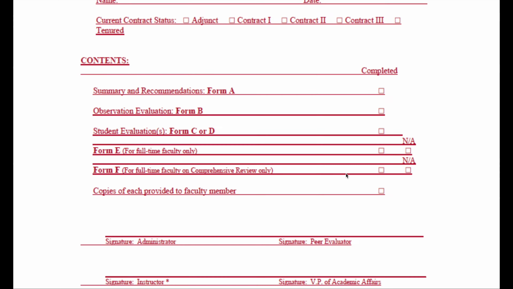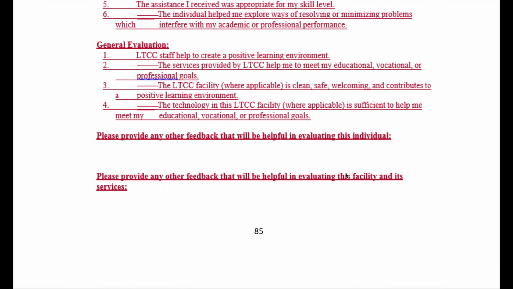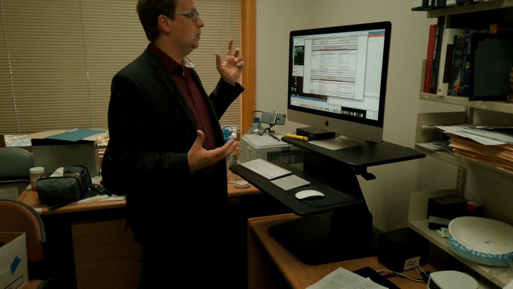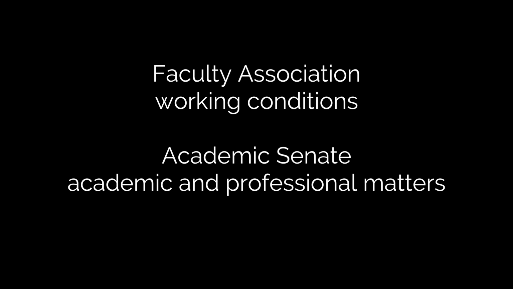By the way, the faculty association deals with workload and issues of bargaining in our contract, where basically working conditions, whereas the academic senate deals with items of an academic or professional nature. So the senate will never get into the salary or the calendar. The senate does have a small role in the calendar because it's an academic matter, but anything that's a working condition, something in your contract, is always the faculty association that is involved in that process.